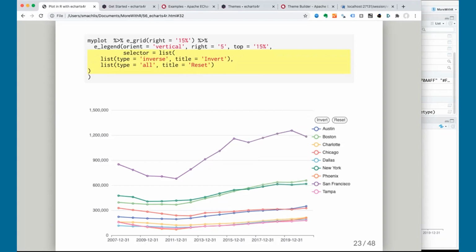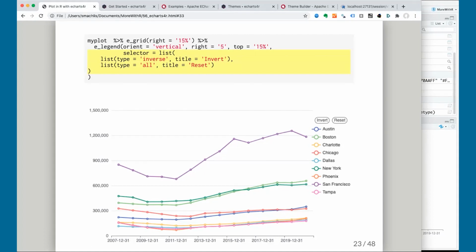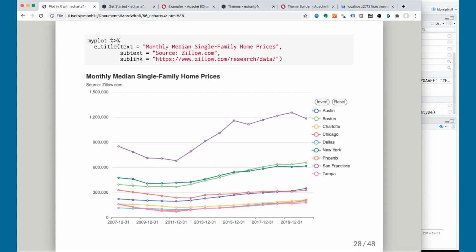Okay, let's turn to something a little easier, a title for our chart. eCharts4R has an e_title function that can take arguments text for the title text, subtext for the subtitle text, and also link and sublink if you want to add a clickable URL to either the title or the subtitle.